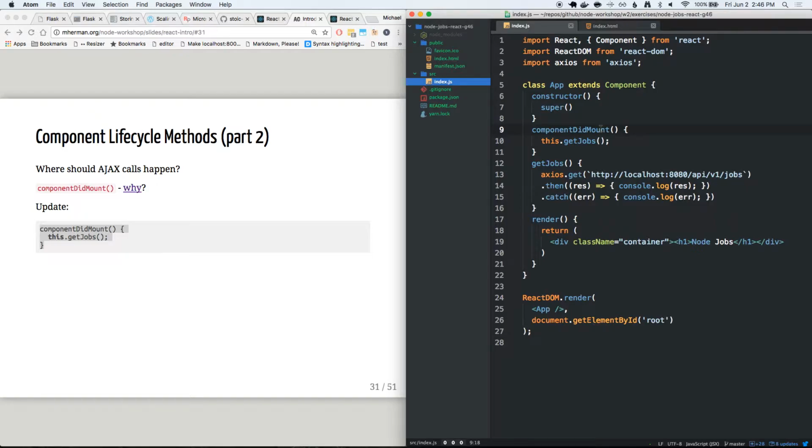I know it's confusing, the order here. I always put the render last, and I think you'll more often than not see that in examples. I like to have the constructor first, lifecycle methods second, methods that I create third, and then I like to have the render. So I know the order is off based on what's happening right now, but for organization, it's a little bit easier to read. So constructor, render, then the end user sees something, the AJAX request happens,